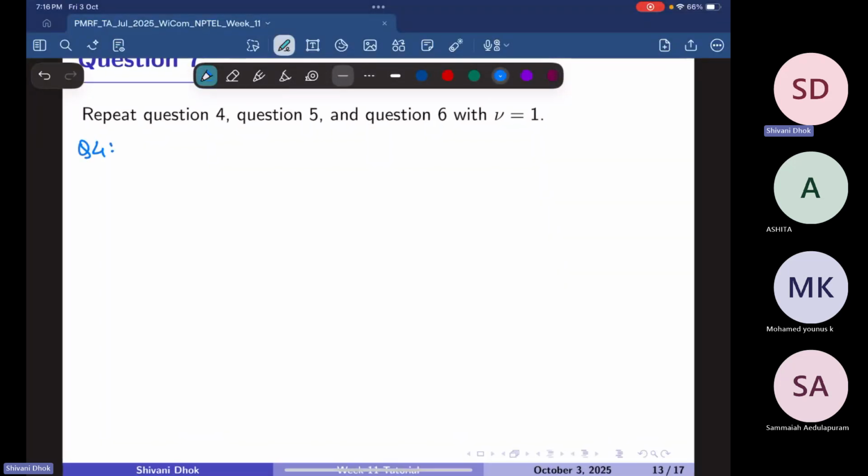So question 4 was finding SINR. This is 1 over 1 plus alpha into k minus 1 by Q into 1 plus n naught by I naught. Another thing before I forget: when this k is high, for example, if you have 256,000 and numbers like that, you can replace this k minus 1 by capital K. This we had done in the lecture. That is also valid. You won't get significant deviation.